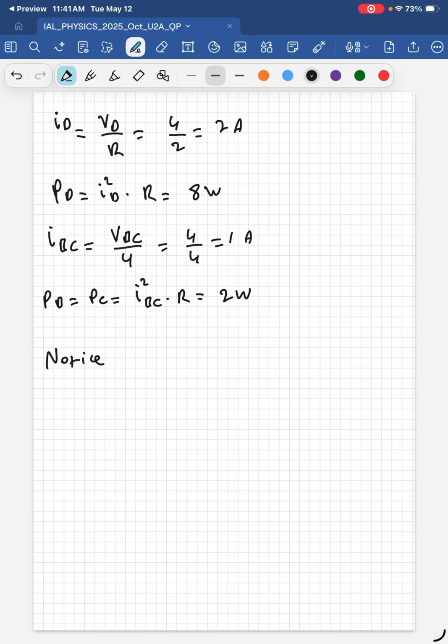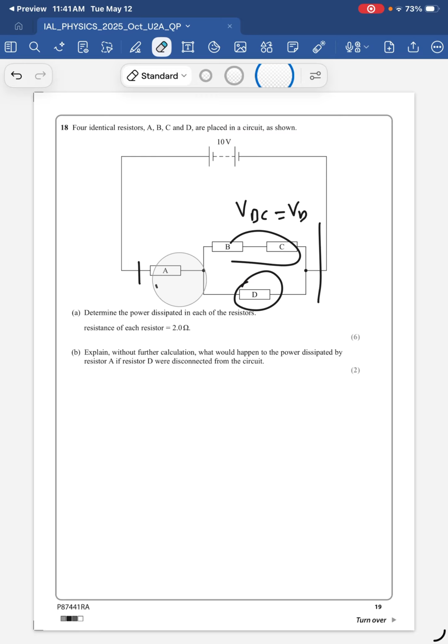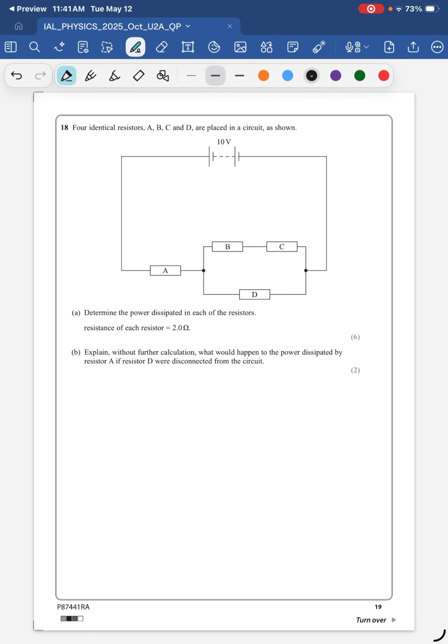Okay, notice that I_BC plus I_D is 3 amps, which is the current in the circuit, okay? Which makes sense because, let's erase again all this mess. If we have a current I, which is 3 amps, here it will split into 2 currents. So we'll have 1 amp here and 2 amps there, because of the conservation of current across junctions, pretty much. So B,